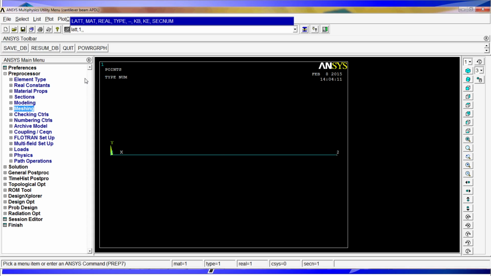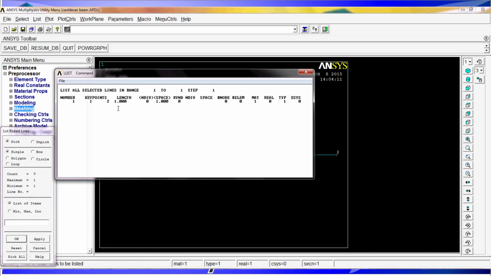We have to leave an empty space. The KB and KE, we ignore them, so we have 1, 2, 3, 4, and the section number ID is 1. Hit OK,